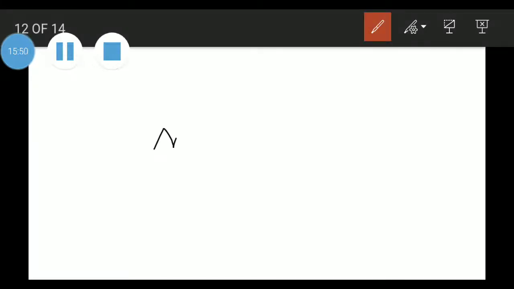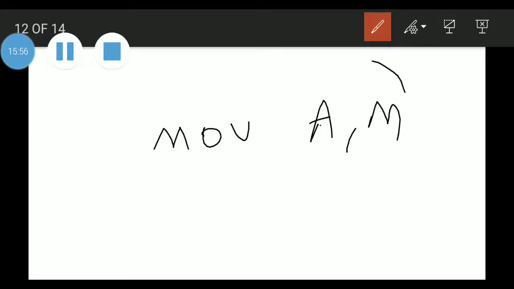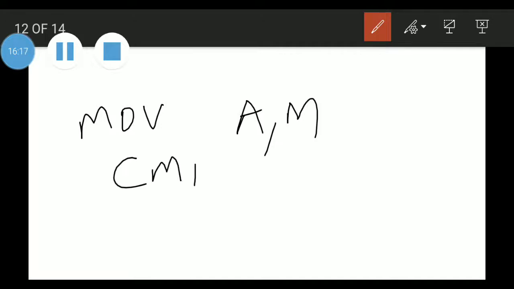We use MOV A comma M, meaning whatever is there in memory will come into the accumulator. Clear? So we write the next instruction MOV A comma M. Now the content is present in the accumulator. Now I can provide the CMA instruction.